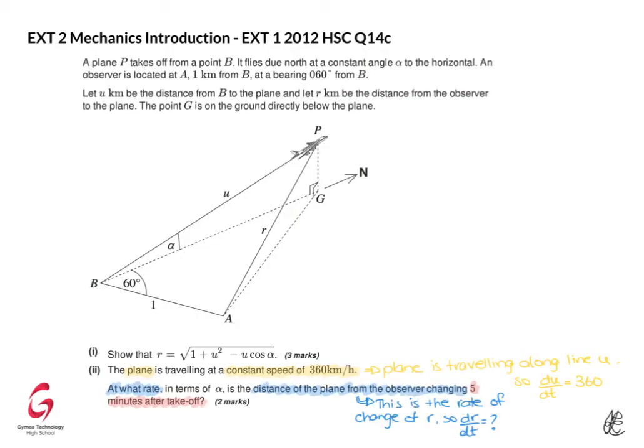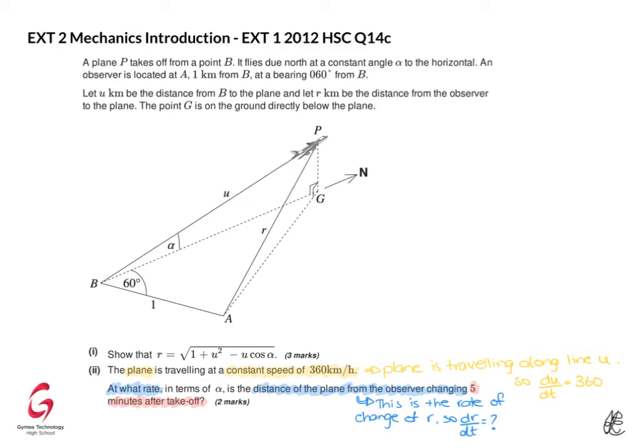The second part of this question is the motion part of this question, and it is a little bit of a trickier one. There is some interpretation you need to do as you read through the information that's given in this bit. So the first part of this question says to us that the plane is travelling at a constant speed of